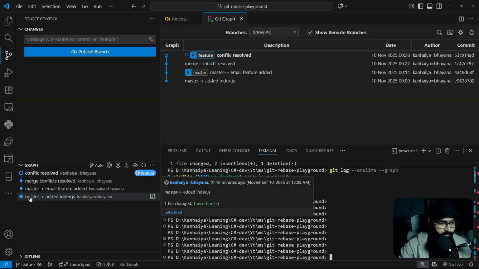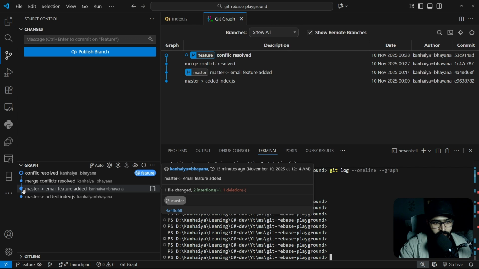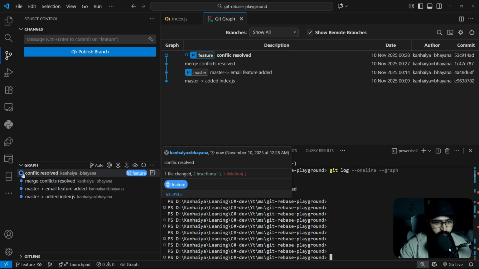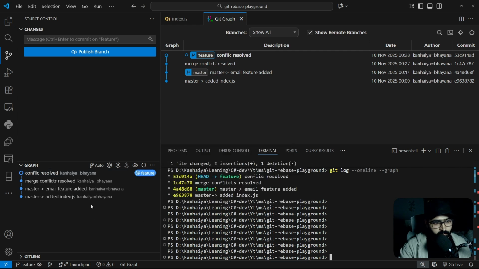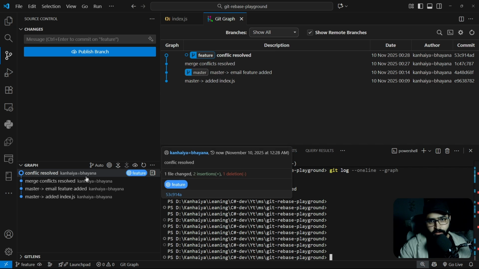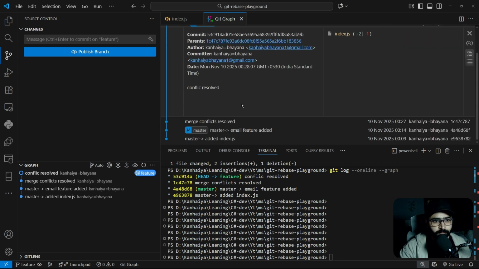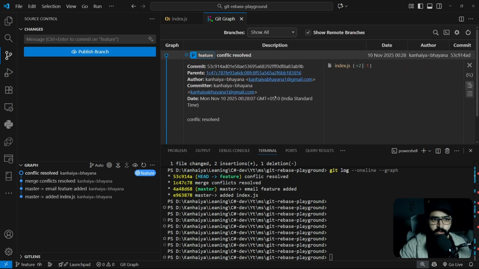So this is our initial commit. Here we added the email feature, here we solved merge conflicts, and here we just rebased our feature branch into the main, and we applied all the commits. As you see earlier, we had the commit of adding the file or just updating the file, like this feature is not completed yet. Then we had another feature of your phone number, we added both. So this was for your